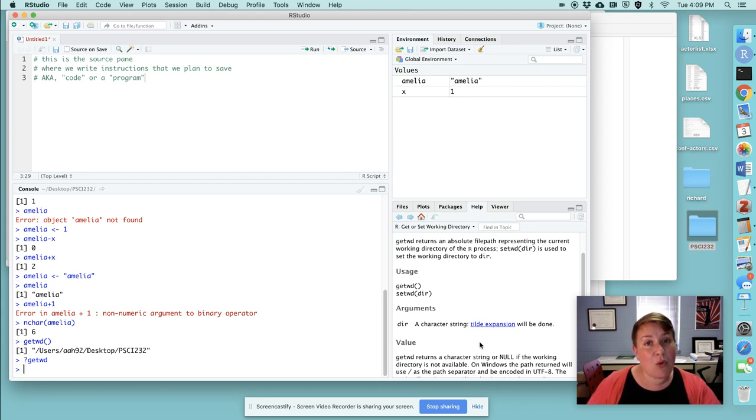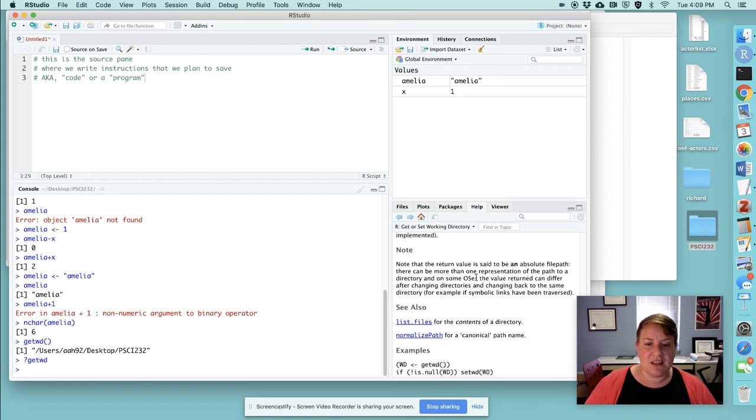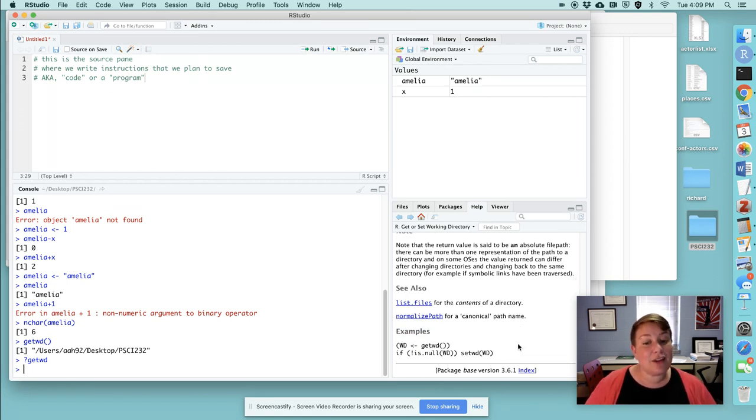We're going to talk more in another video about what an argument to a function is. But essentially, as I mentioned earlier, getwd is a function that takes no arguments. And then you'll see here is what it returns. There'll be any notes. And at the very bottom, you will be able to see examples of usage. So for example, here's wd <-,